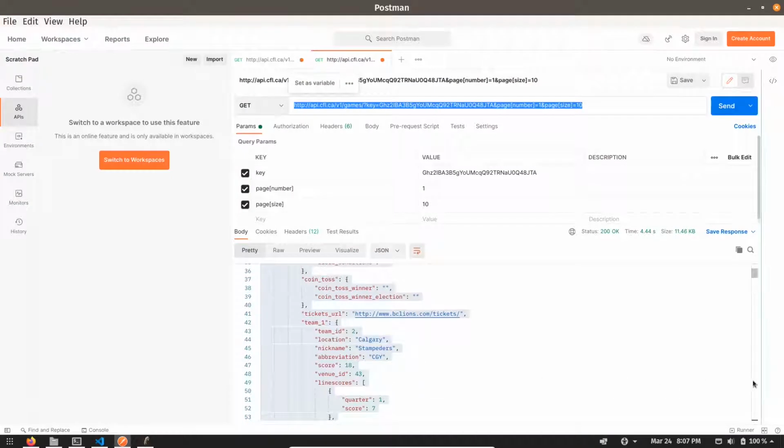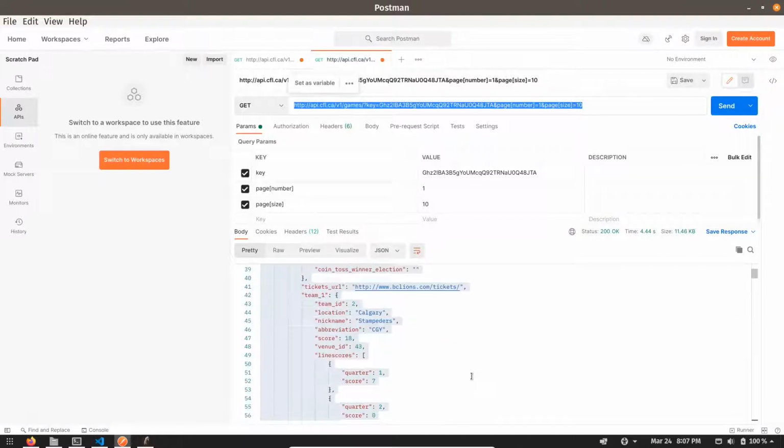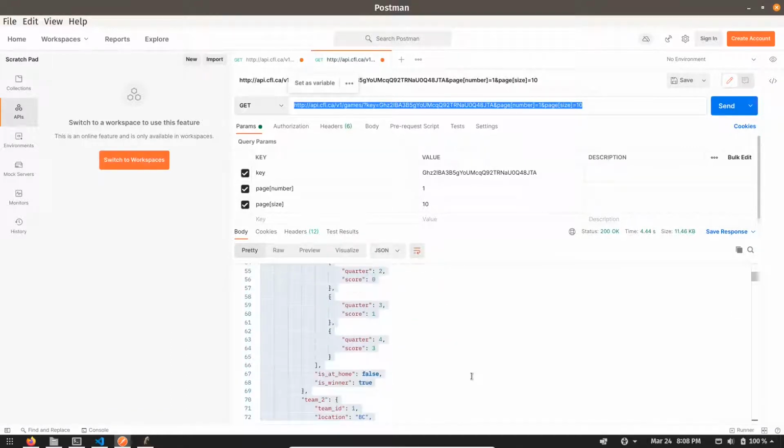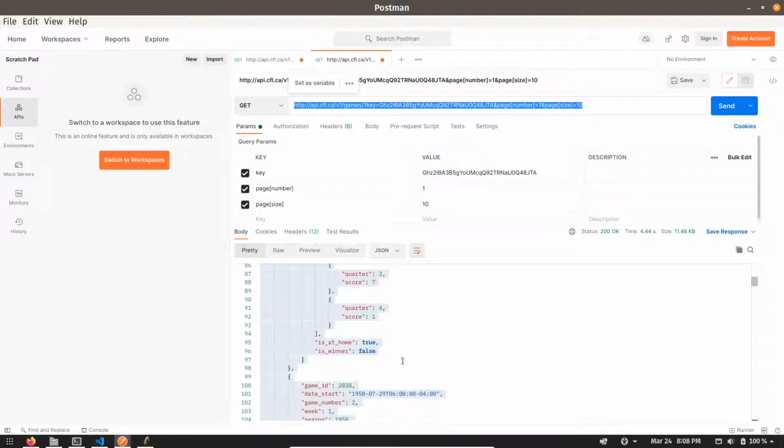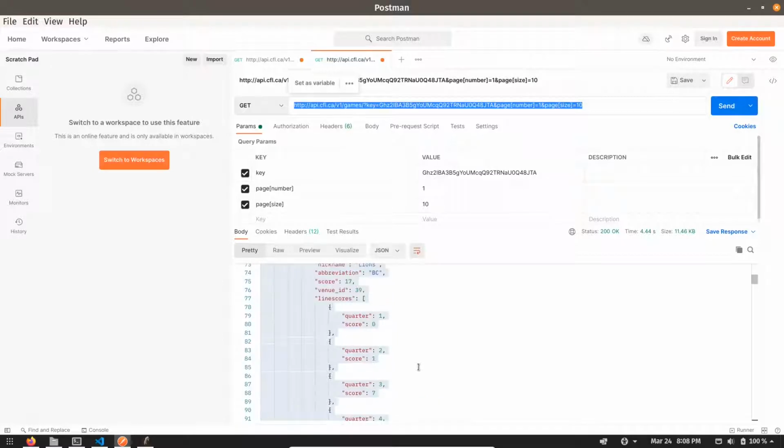But what they have done is, for team1 and team2, they have given a boolean value which shows whether they won the game or not. So right now you can see for team1 is winner is true, and for team2 is winner is false. So it means team1 has won the game.